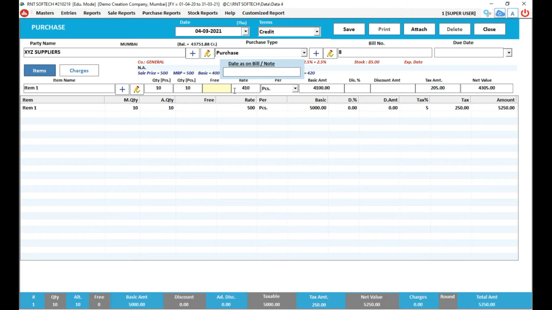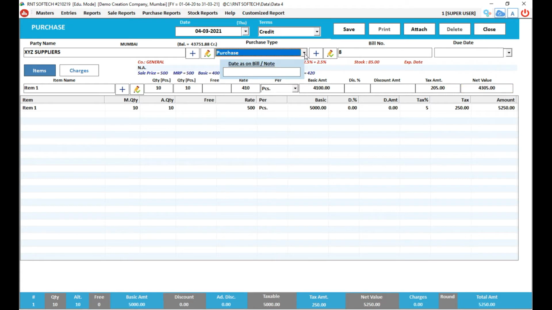If you see, the rate has automatically reduced by the amount of the tax. The rate inclusive of the tax was 500. Here it has automatically become 400, and the amount 90 rupees is the amount of tax. So the basic amount comes to 4,100, tax amount comes to 205, it comes to 4305. This is the effect of selecting a purchase type which is inclusive.